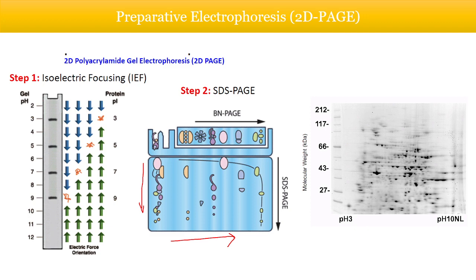That will help, because sometimes if you are isolating proteins from a crude extract, it becomes very difficult to understand whether your protein of interest is in the trimer, tetramer, or in what form it is. So first you have to isolate the proteins based on their pI, that is, you perform isoelectric focusing,